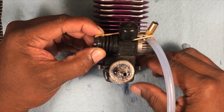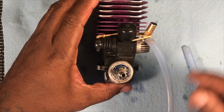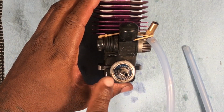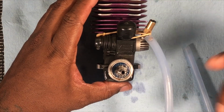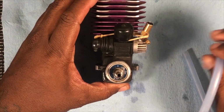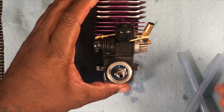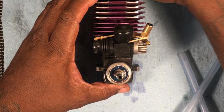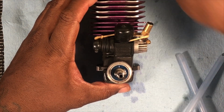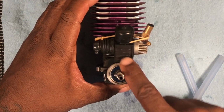Now you can see all those bubbles, especially around this end here. So that tells me right off the bat that front bearing is shot. Alright, and there was dirt around there when I took it off; he had the 3-shoe clutch on it. When I took it off, there's a lot of dirt around here and stuff. So